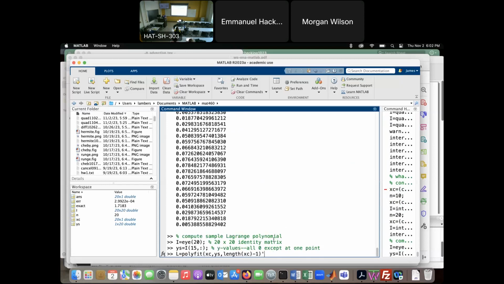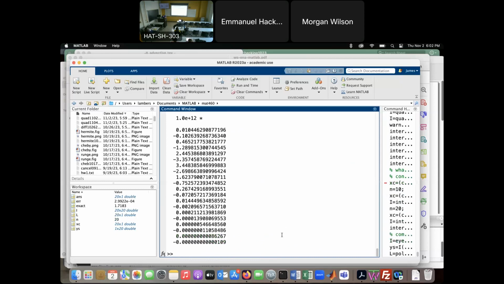Let's see what the coefficients of this polynomial of degree 19 look like. I have no idea what this is going to look like, but I can speculate. And my speculation was right. Notice they vary widely in magnitude, all the way up to 10 to the 12th. When you have polynomial coefficients that vary this widely in magnitude, and you go to evaluate this polynomial, especially these power form coefficients,